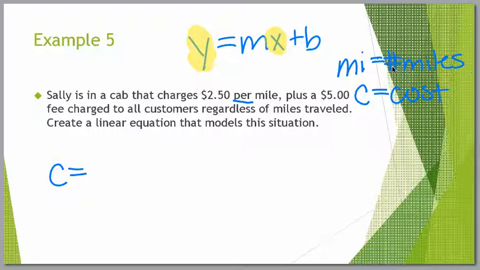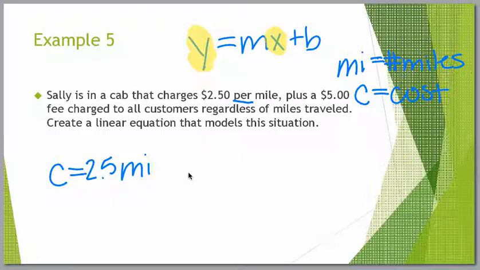If it doesn't, it should now. So we are saying $2.50 charge for every mile, and we don't know how many of those miles. That's our variable, right? That's going to be our x. And so for each x, we know that the cost is going to be